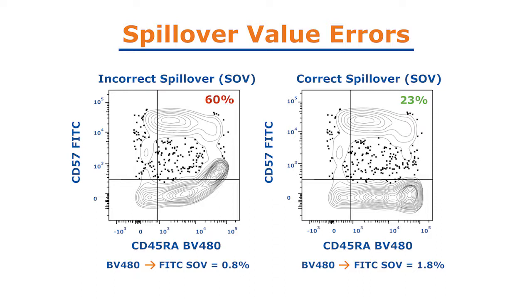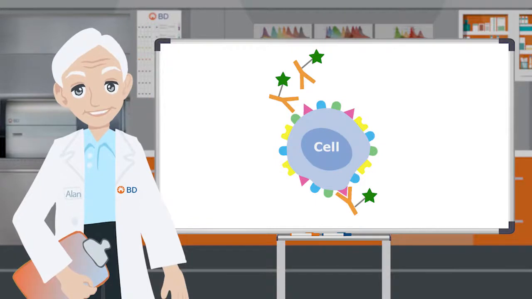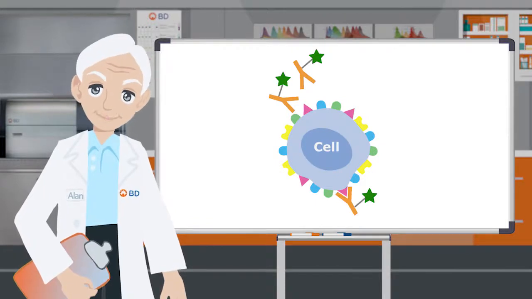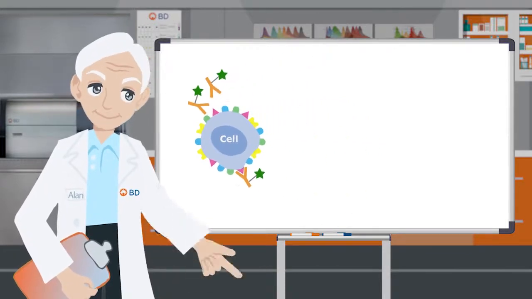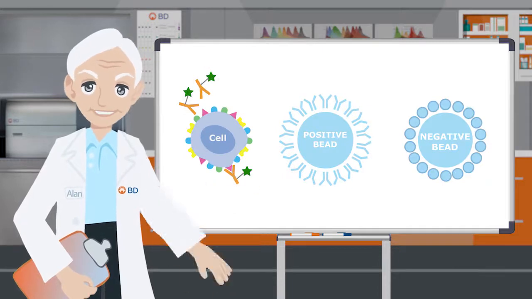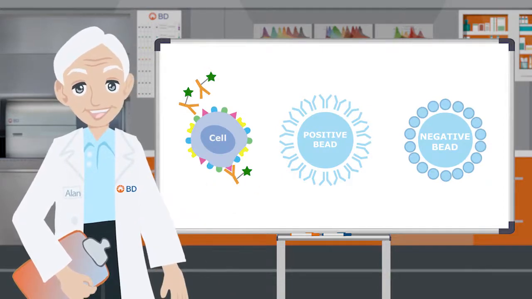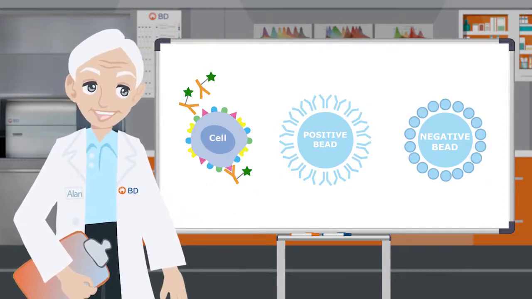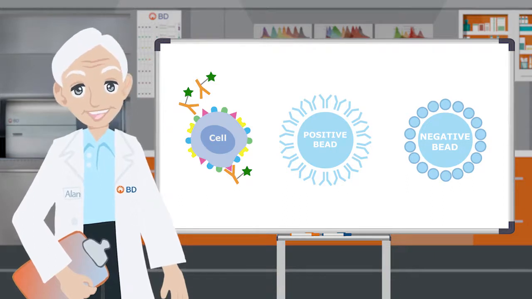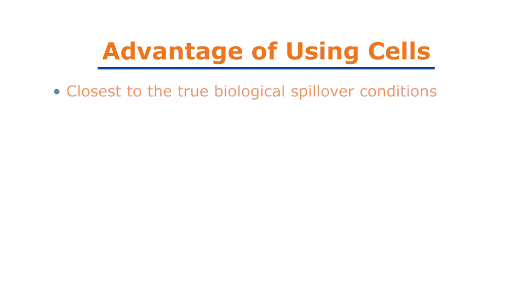and interpretation. Single color controls typically come in two forms: stained cells or antibody capture beads, also called compensation particles, such as the BD bead compensation particle. Each has its advantages and disadvantages. The advantage of using cells is that this is the closest to the true biological spillover conditions and will give